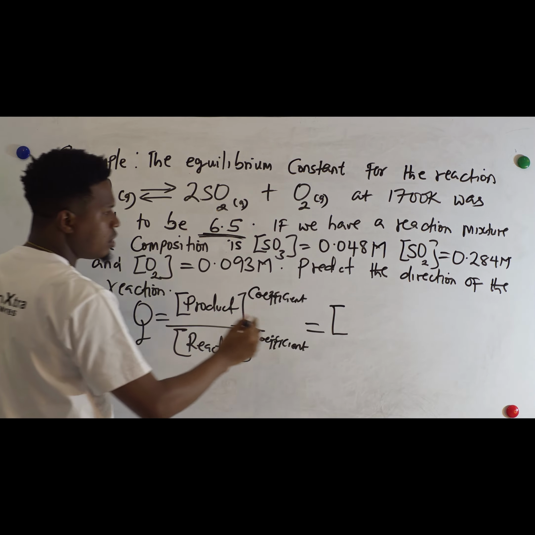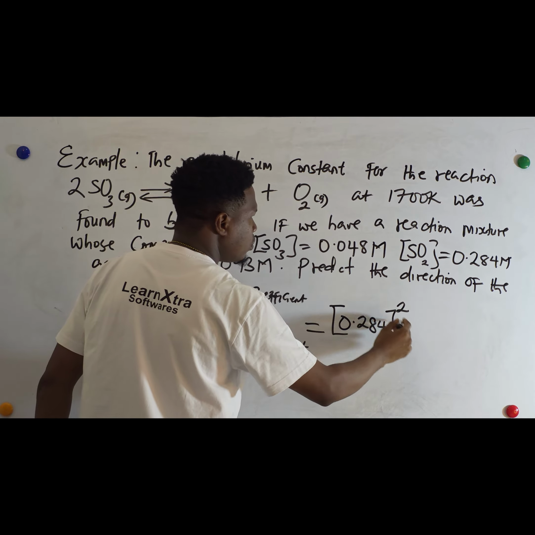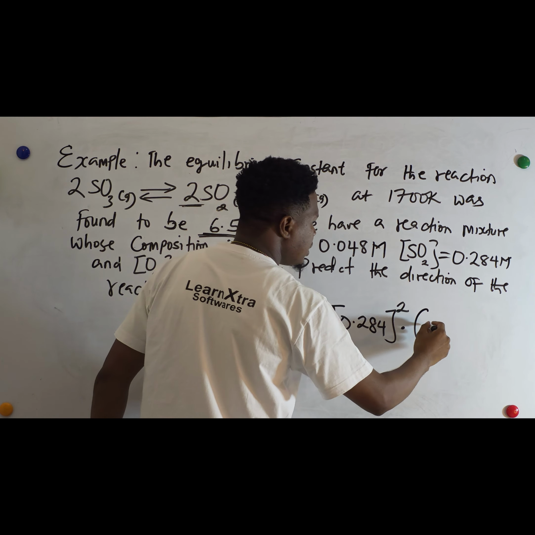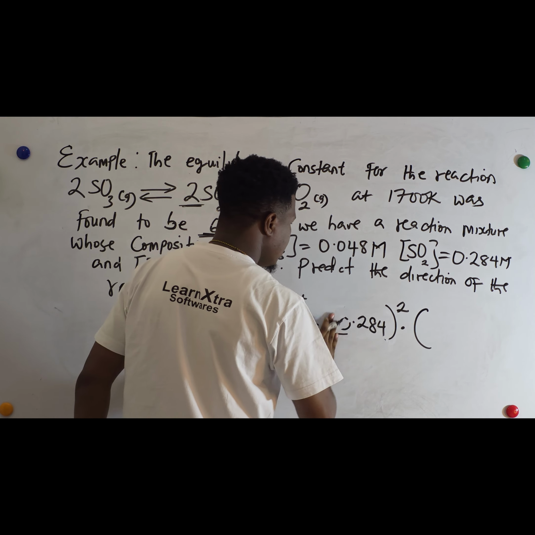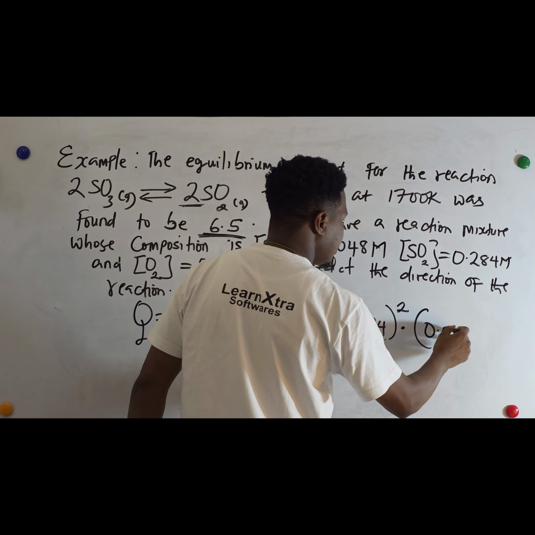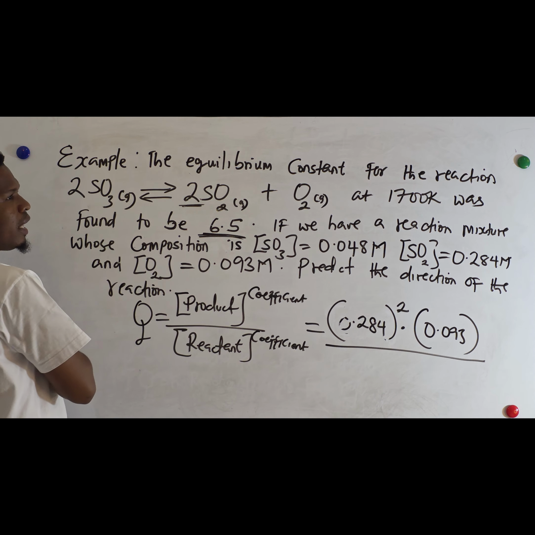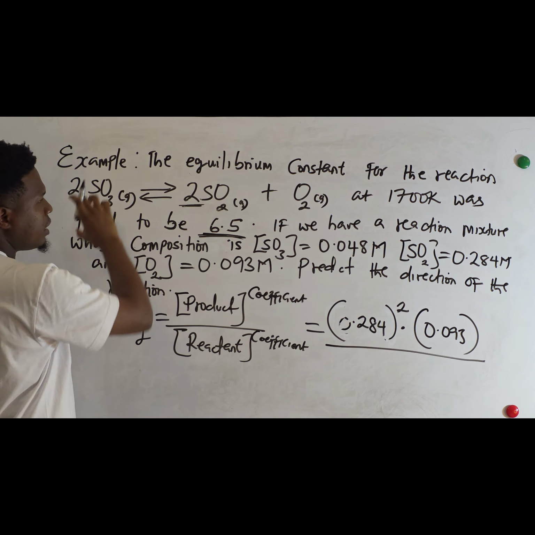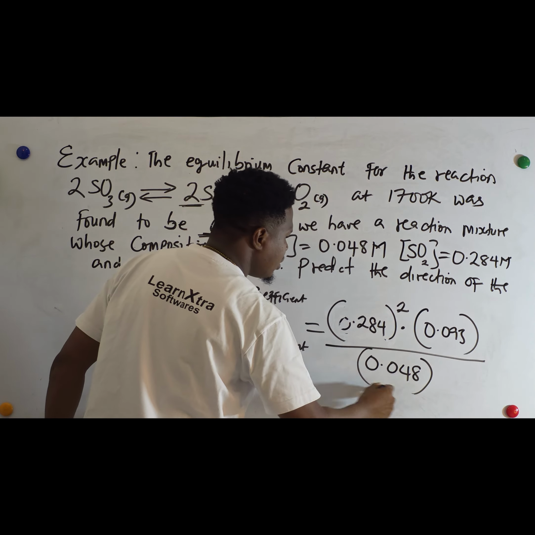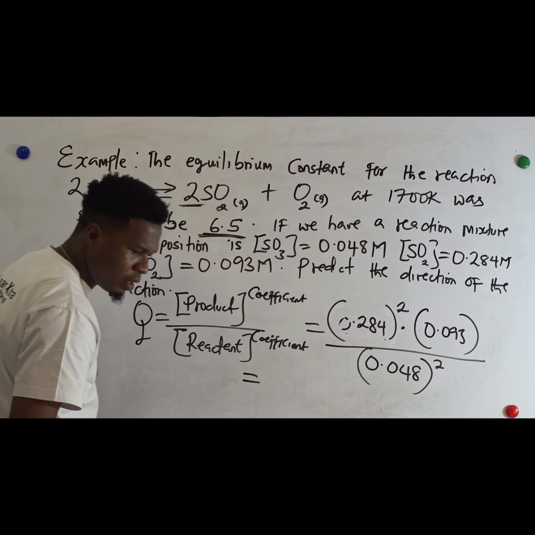The value for SO2 is 0.284, raised to the power of 2. Why is it 2? Because of this 2 that is here. Multiplied by that of oxygen, which is 0.093, divided by that of sulfur trioxide, which is 0.048, all to the power of 2. So when you solve this expression,